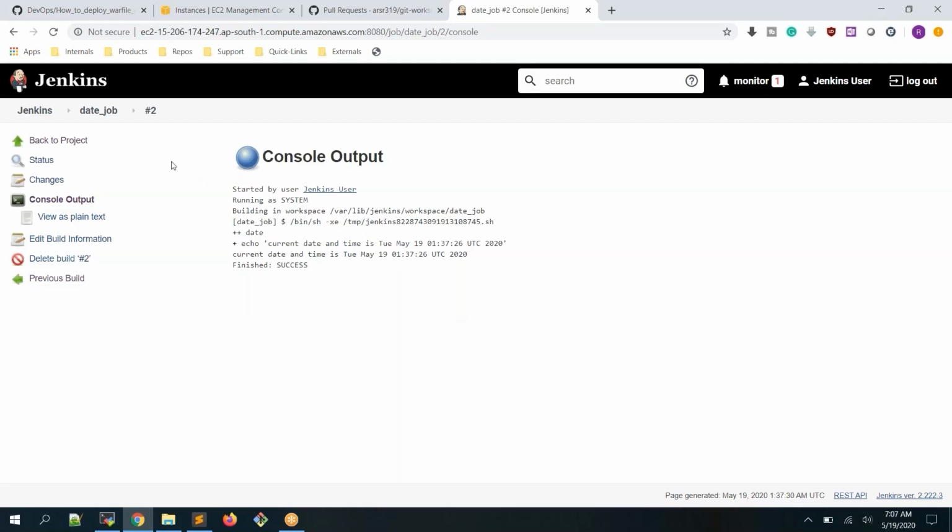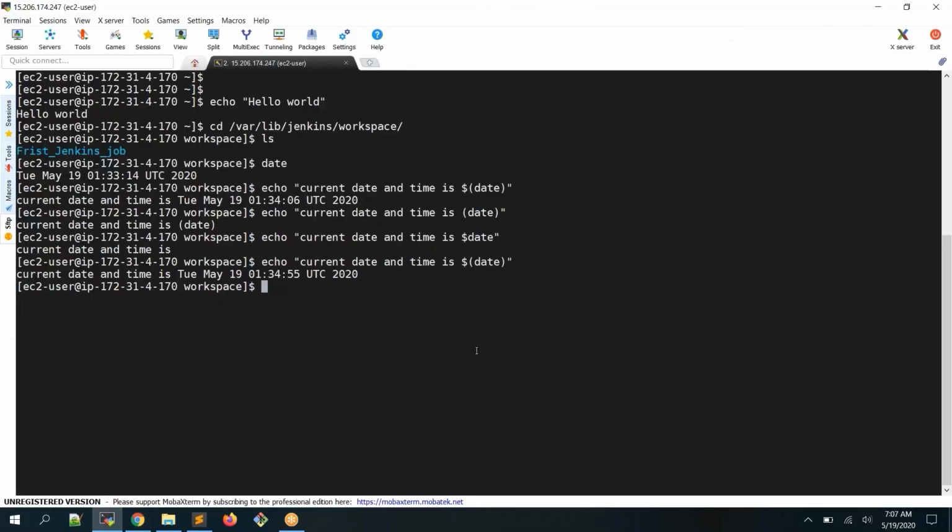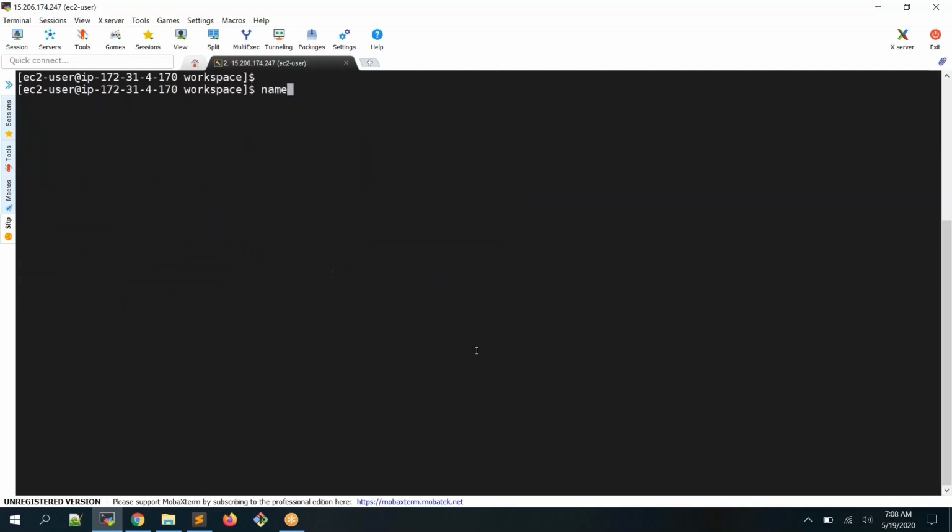Now we are going to add a little more changes to this particular new job. We are going to create a new job. So far we have created 2 jobs. Now let's take another example that I would like to display my name. So usually in Linux, you can assign a value to a variable. So I can specify that name is equal to AR Shankar